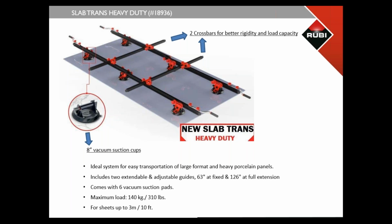The maximum load capacity is 310 pounds, but unlike the Slim Easy Trans, you can add suction cups to this, but it will not increase the load capacity. The load capacity has nothing to do with the suction cups, as each suction cup holds 243 pounds. The 310 pounds comes from the frame. The frame can only hold up to 310 pounds. So even if you add more suction cups, you're not adding to the maximum load on the Slab Trans Heavy Duty. Now, the crossbars for the Slim Easy Trans and the Slab Trans Heavy Duty will come in clutch for